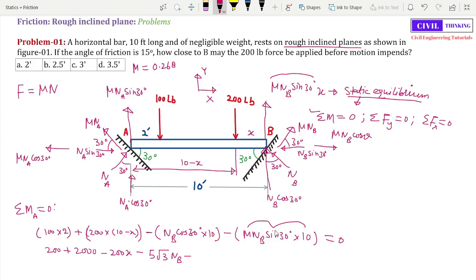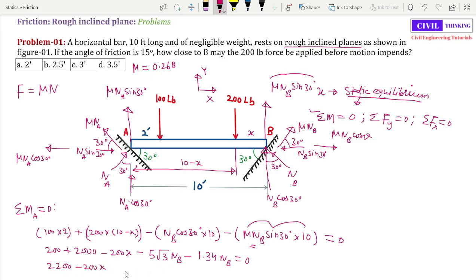0.268 multiplied by sine of 30 multiplied by 10. Okay, I get 1.34, negative 1.34. Then we have Nb, right? Nb is equal to 0, right? Now 200 plus 2000 is 2200, 2200 minus